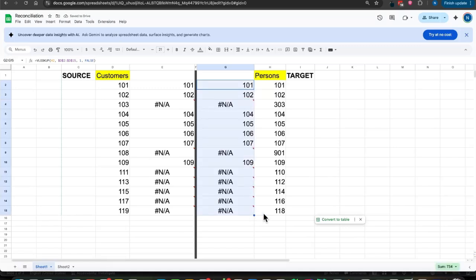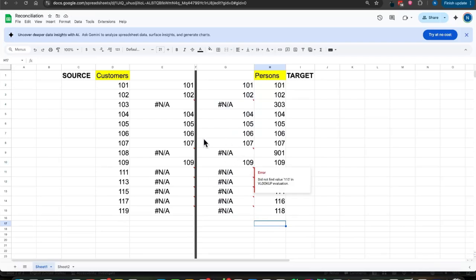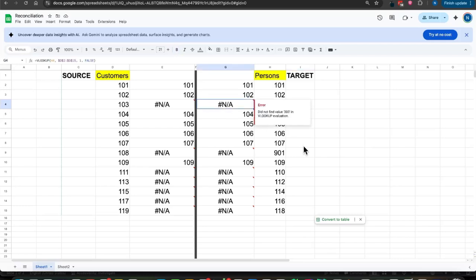Okay, so it has found almost all the matching and discrepancies. Okay, now you have highlighted this. Now let's introduce one more thing here, which is this NA not available. It's not looking good, so we can make it a little pretty by putting a custom message here, something like if